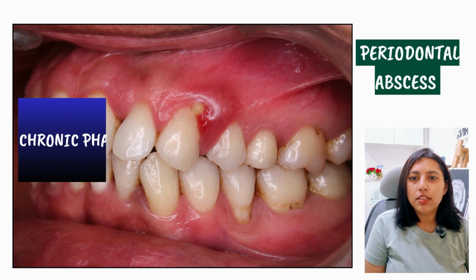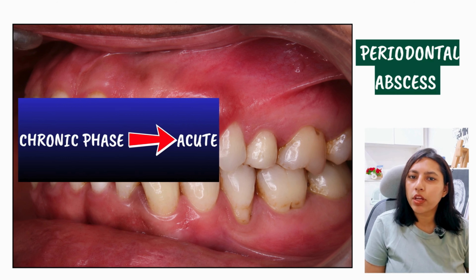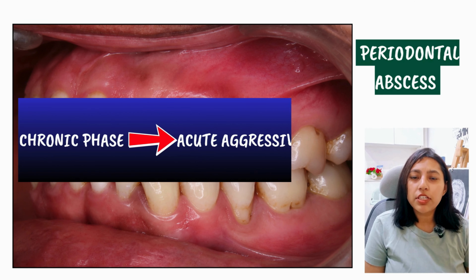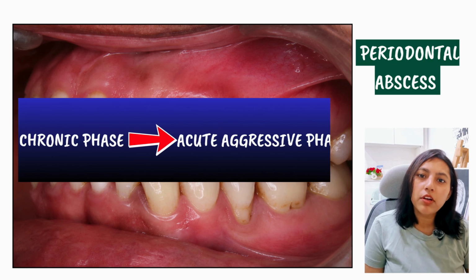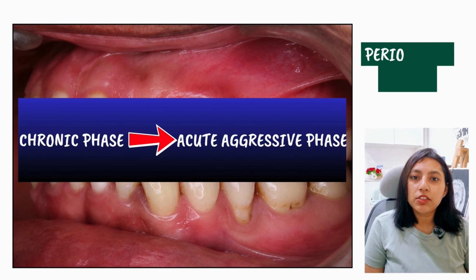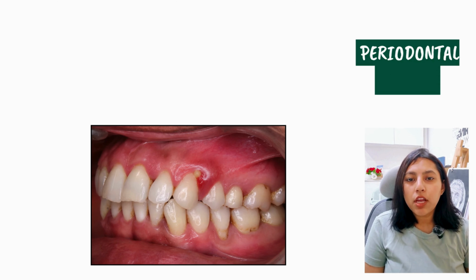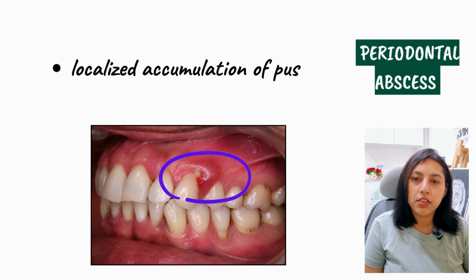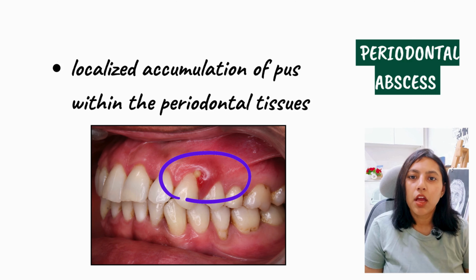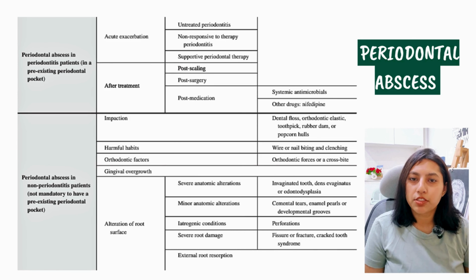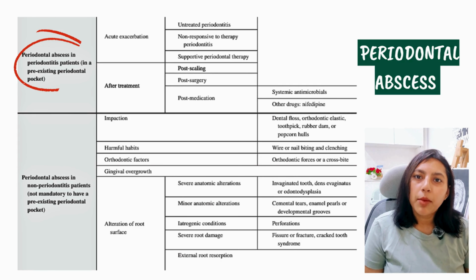Now, clinically, this is no longer behaving like slow chronic periodontitis. The lesion has suddenly entered an acute destructive phase, and this is what we call periodontal abscess. A periodontal abscess is basically a localized accumulation of pus within the periodontal tissues. Now, if you look at the classification table, periodontal abscesses are broadly divided into abscesses in periodontitis patients and abscesses in